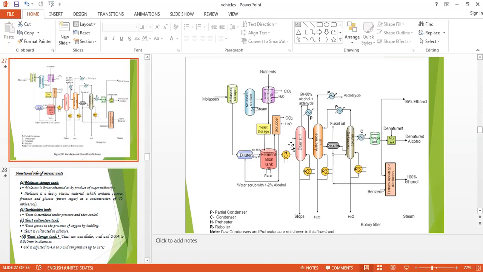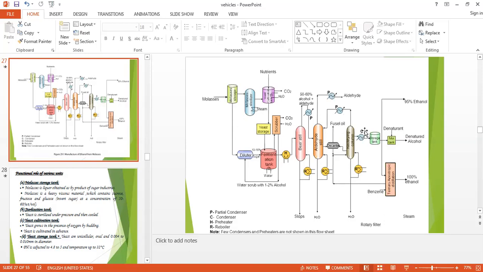It then passes to fractional distillation, known as the Coffey still. The vapors of the pure alcohol rise to the head of the fractional column and lead to the condenser. The distillate obtained is known as crude rectified spirit and contains about 95% alcohol.